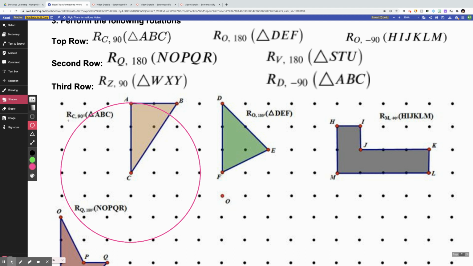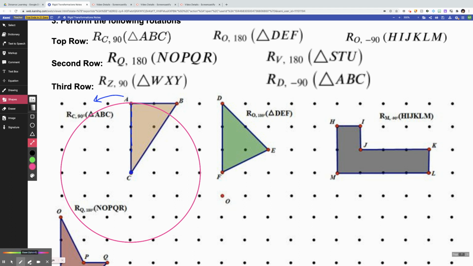What I'm going to do is rotate 90 degrees. So my middle point is here. My rotation point is point C, and I'm rotating 90 degrees counterclockwise. So I'm going to take this point and move it 90 degrees this way, right? So if my original point,